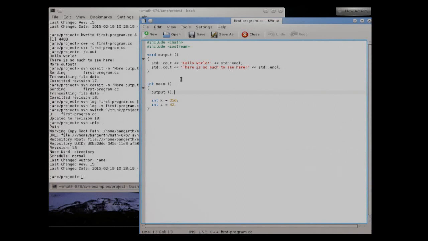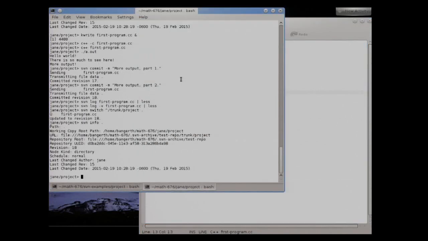So that function output 2 is not there. Of course it's not, because on trunk I didn't commit it. I committed it to the branch. So in order to merge it, I would say svn merge. And then I need to say what branch I want to merge. So in the top level directory, branches,